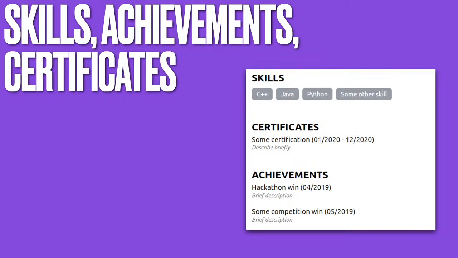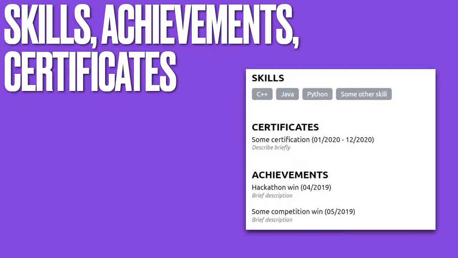Next slide. And then finally you have your skills, achievements, and certificates. Now skills, it doesn't have to be just technical. It can be technical, non-technical, whatever you have. You don't have to be just C++, Java, Python, any frameworks you have. You can add skills like leadership skills, speaking skills, whatever you're good at, you add it under skills. Certificates, any certifications you got from Coursera, Udemy, any of these online things. If you're a certified Red Hat developer or something like that, you can add it all here.